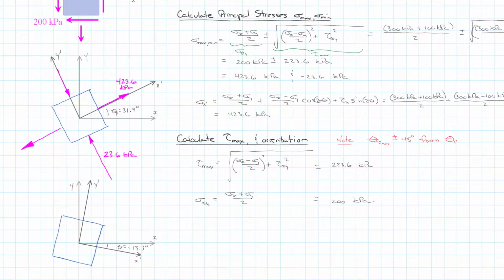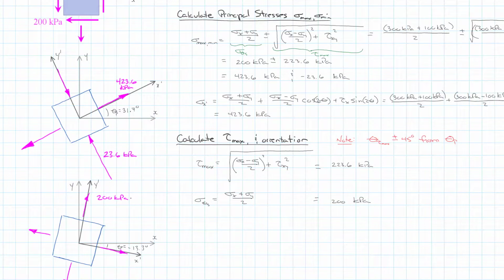And so the last thing I need to do then is to put them on my new element. I'll start with my normal stresses. It's tension, 200 kilopascals, and that would occur on all 4 of the faces. So I can put that in here, tension, and that's 200 kPa. And tau max then is